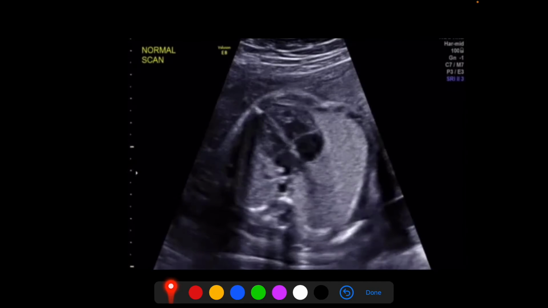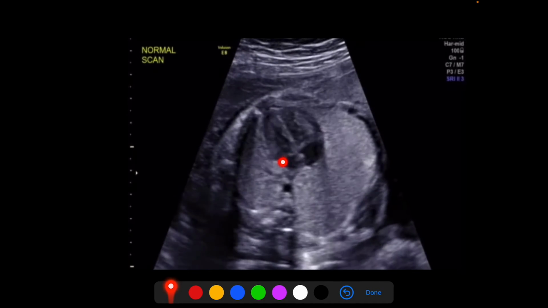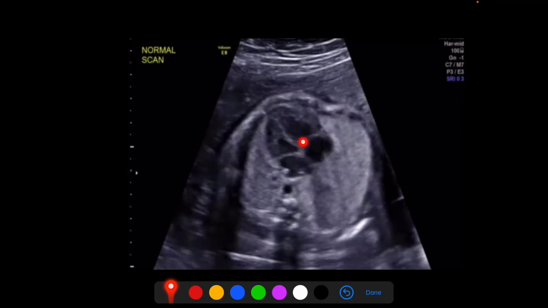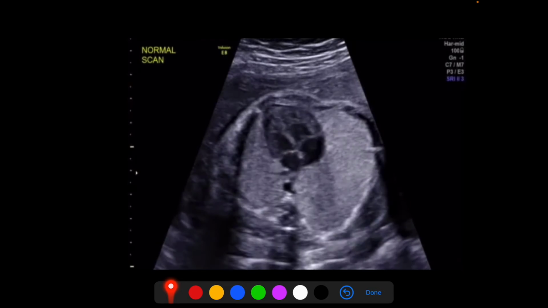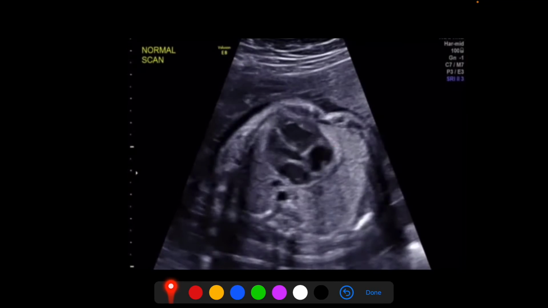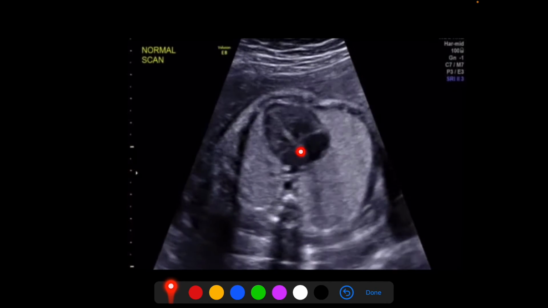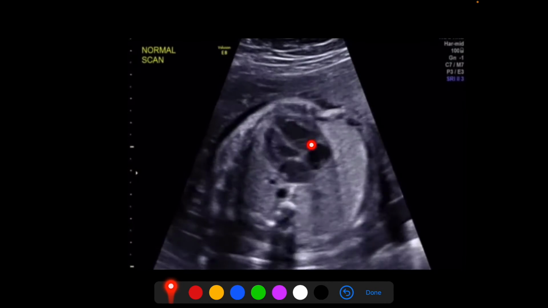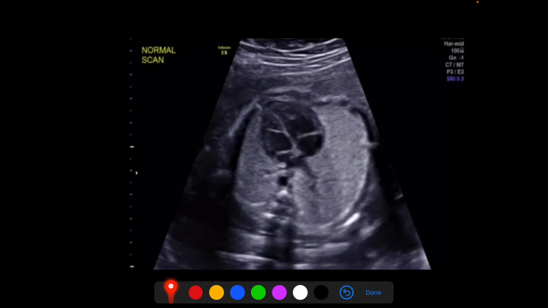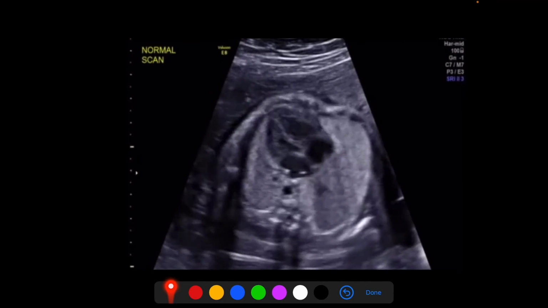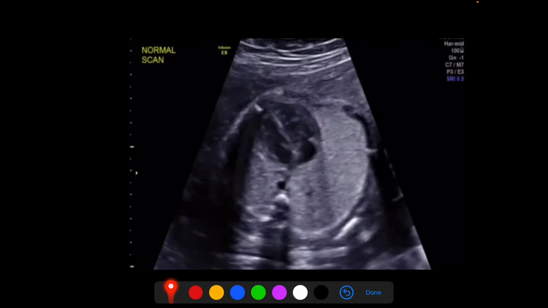Also one more thing you can see here regarding the AV valves, the mitral valve and the tricuspid valve. The tricuspid valve is slightly towards the apex. It is not in a horizontal line, not equally placed. The tricuspid valve is slightly lower or slightly apically placed. This is called AV valve offset. These are the important things to be known in the normal 4-chamber view.